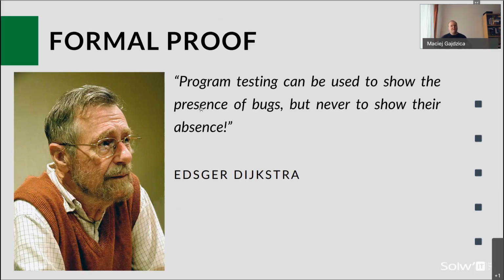So Dijkstra tried to do some formal proofs that code is correct, like in math, where we examine mathematical formulas, and he tried to do the same thing with software. He could do this only for really simple code,